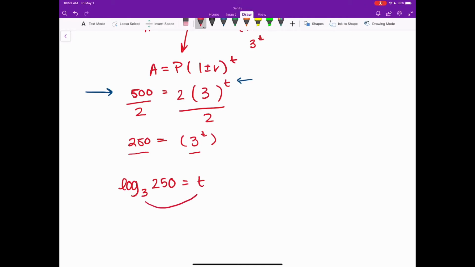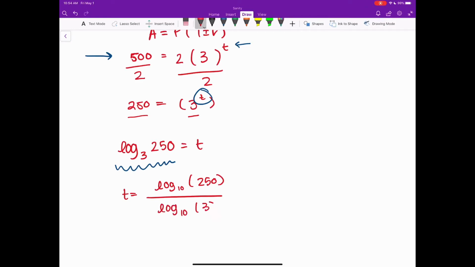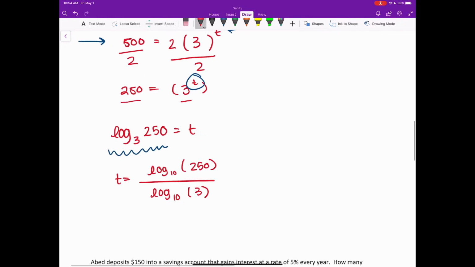Again, what power do I need to raise 3 to in order to get 250? That's what we're solving for up here, right? So now I have t equals log base 3 of 250. This part is something that I can actually solve for using the change of base formula. So using my change of base formula, t has to be equal to log base 10 of 250 divided by log base 10 of 3. And again, we have base 10 on our calculator, so you can just type in log 250 divided by log 3, and that's going to get you a t value of about